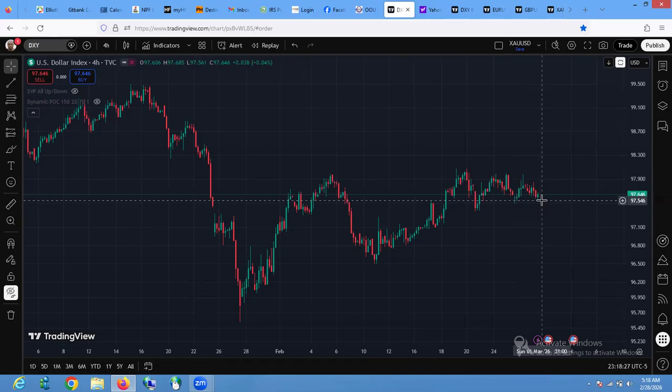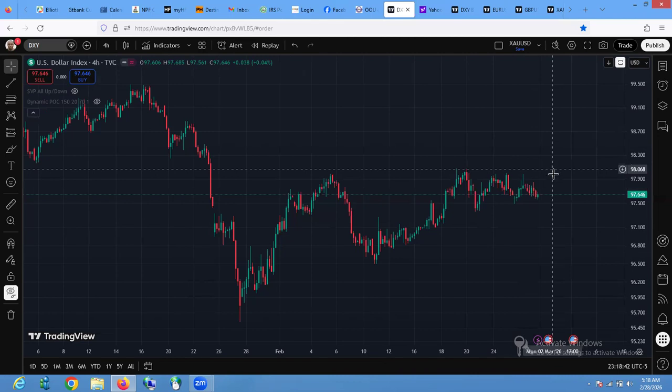So I don't want to trade this. I want the price to choose a side, a direction. If they should come down, then I'll be looking to buy. But do I want to continue to buy from here? No. I will only buy if they break this top, then I look for a retracement to go up.